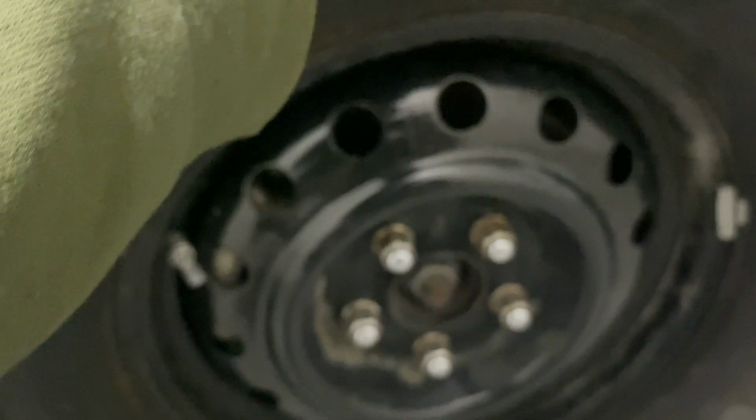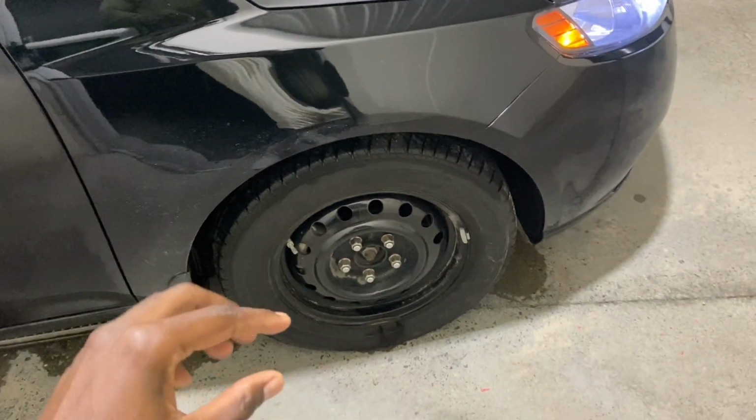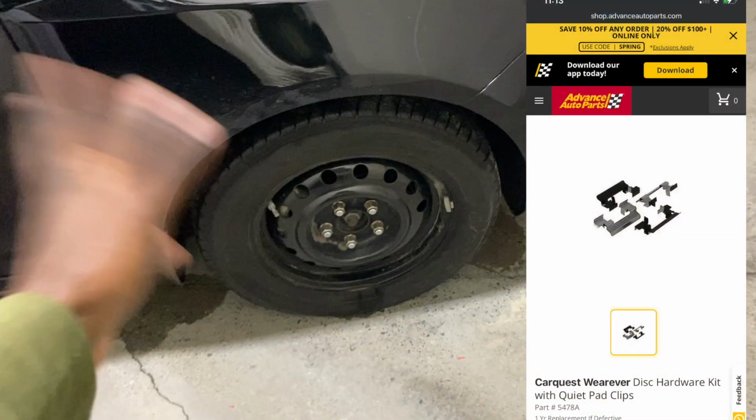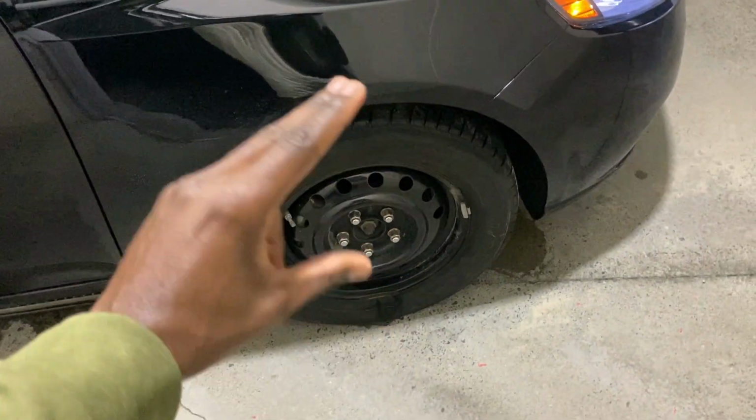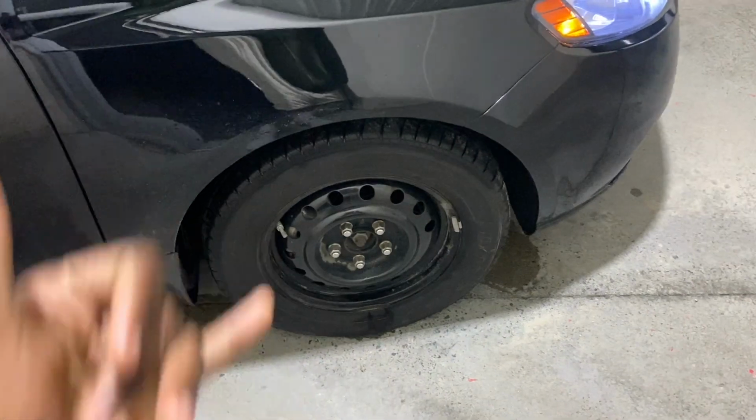On my old cars, I was able to put just the brake pads on there. I didn't have to put the little metal pieces on there. I actually put a picture of what I mean. It kind of holds the brake pad in place once you place it in there. And every new set of brake pads, you get those little metal pieces. I don't remember what they are. But